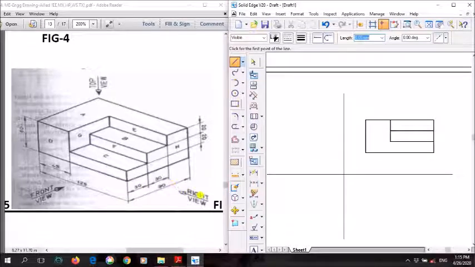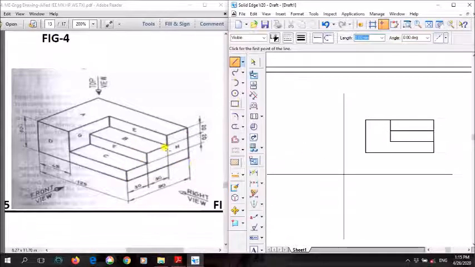Next we will be drawing the right view. The right view will be drawn on the left side because its projection will be falling on the left side of the front view. Now, what faces or surfaces will be visible on the right side? First we will draw this step. This step is visible, right? In the right view, on the left side of the screen, just concentrate on the yellow cursor, you can see whatever the step is there. This step we need to draw.